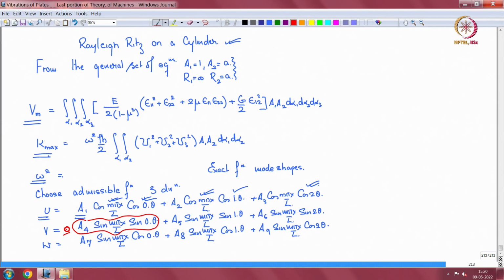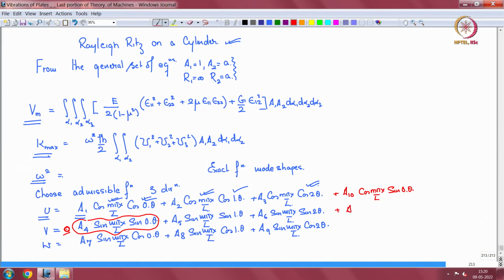So, what should you do? In order to capture that one mode, you can add, from the other set of modes, A10 cos m pi x by L sin 0 theta